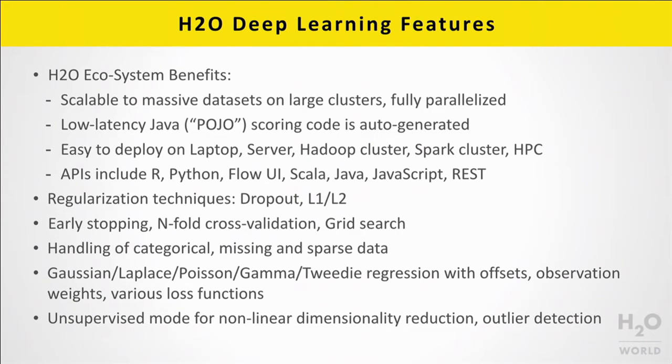In H2O, deep learning is parallelized. It's multi-node, multi-thread. Everything is pretty fast. You can just throw in any junk data you have and say go, and it should just run. It should never die for any reason, other than if you maybe give 100,000 zip codes or something and say